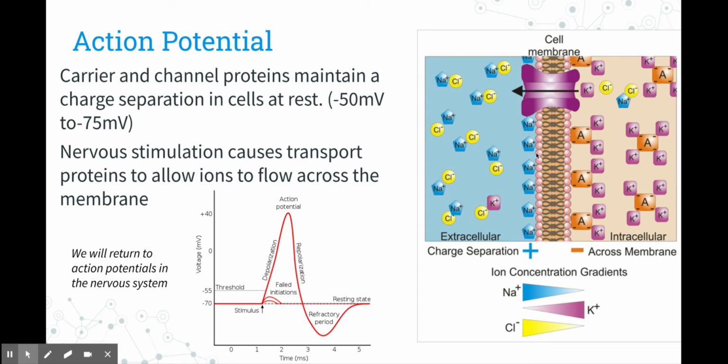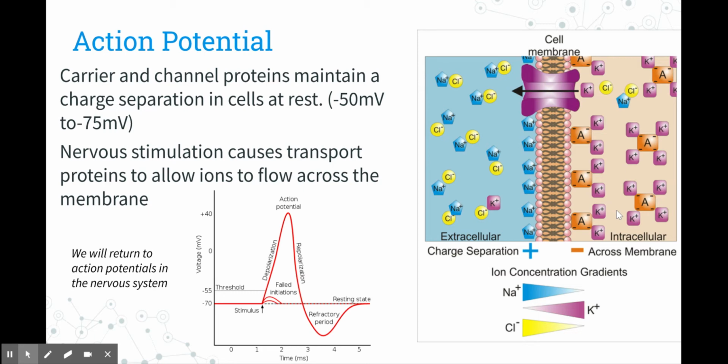Now, action potential describes the depolarization and repolarization of membranes, and we'll come back to this in much greater detail in the nervous system. But this is how our nerves send signals around our body, and also how muscles receive those signals and contract. You can see that it is regulated by the movement of charged ions across a membrane,